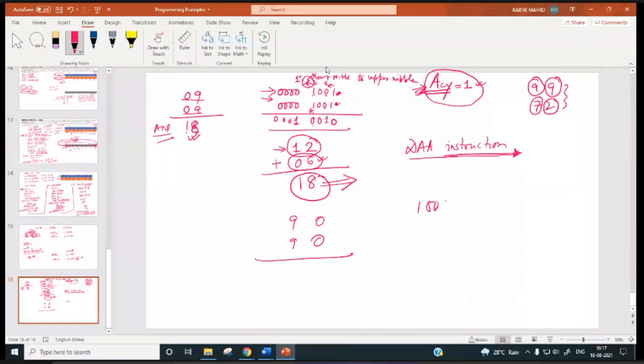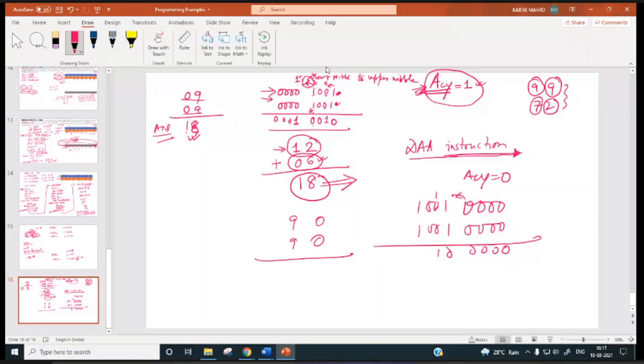Now similarly, if we add 90 and 90, what will happen? 1001 0000 and 1001 0000. If you add these two, we won't have any auxiliary carry over here, but the carry will be generated from the D7 bit, so the carry flag is set to 1.